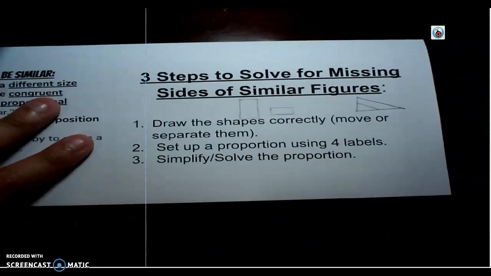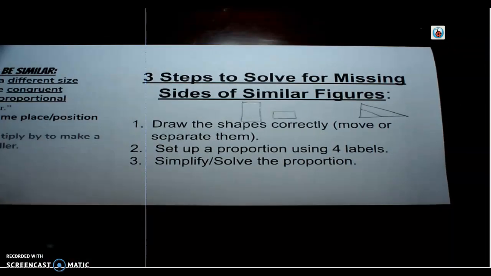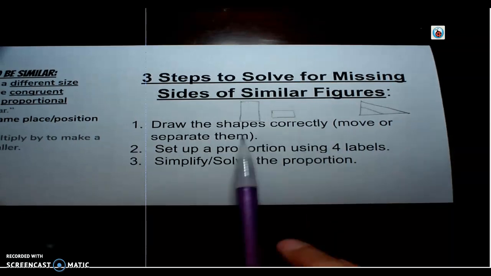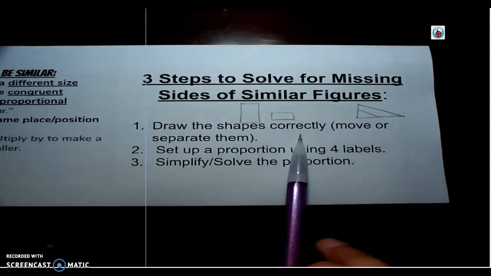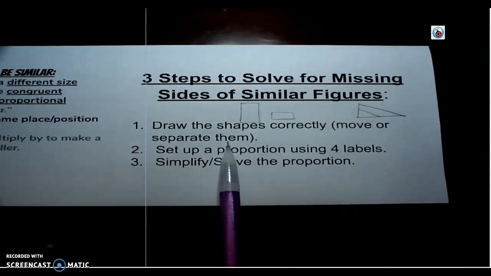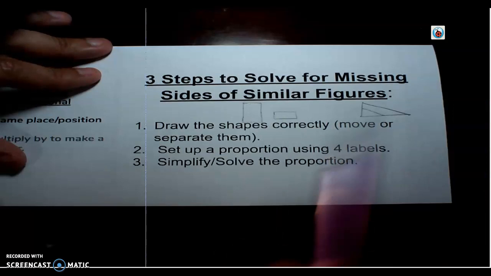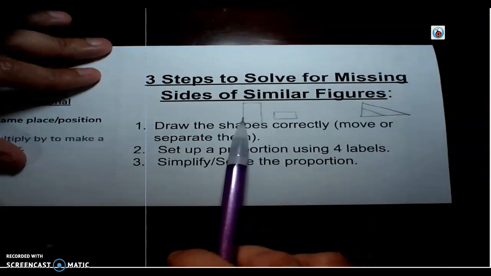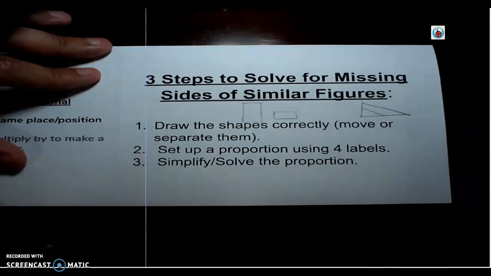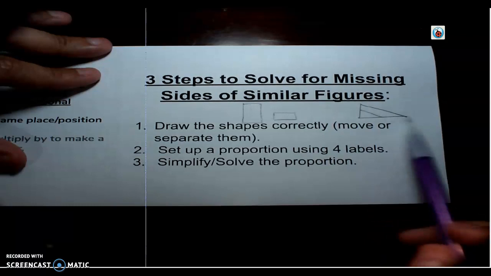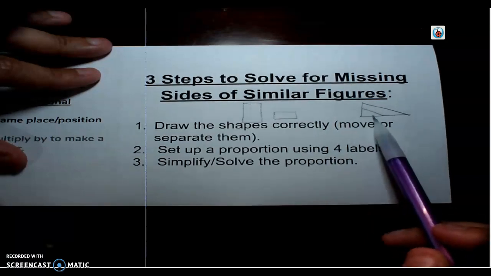And then a reminder for the 3 steps to solve for missing sides of similar figures. The first one is to draw the shapes correctly, which may mean that you have to either move them or separate them. So for example, if you had 2 rectangles like this, you may want to stand this one up so that it's facing the correct way that this one is facing. Or when you have the embedded triangles like this, you may want to separate them out. So this is a big triangle, and then there's a small one that's embedded into it,